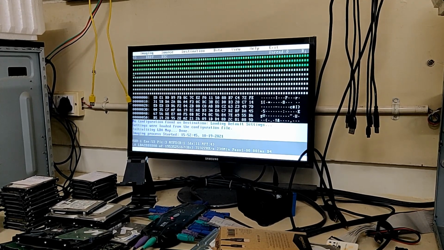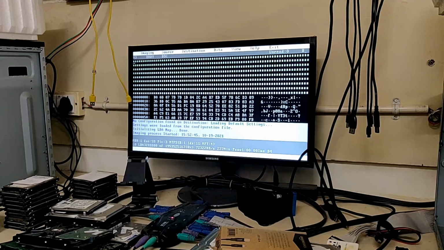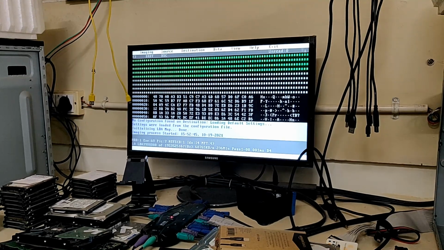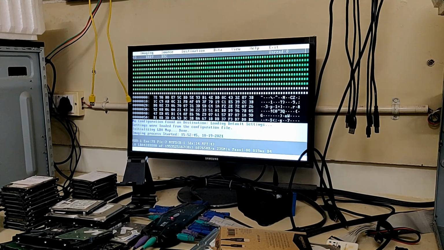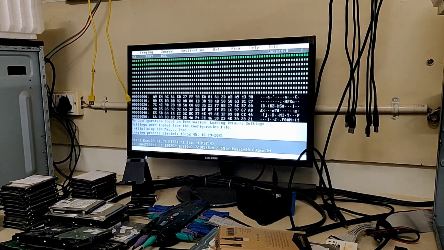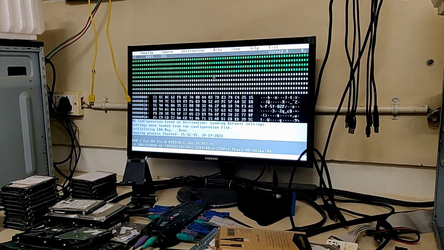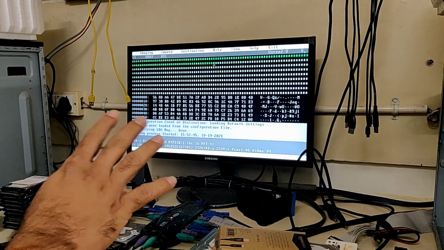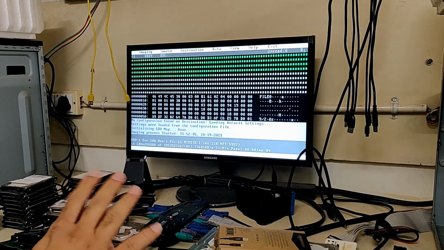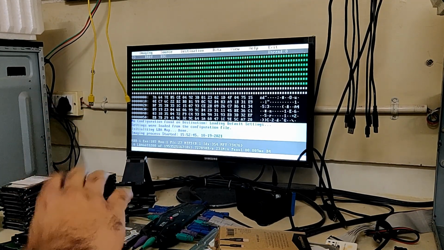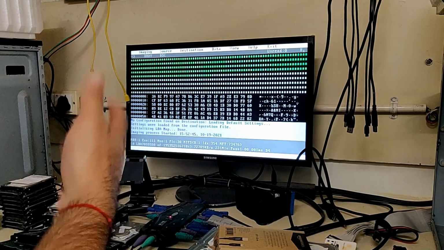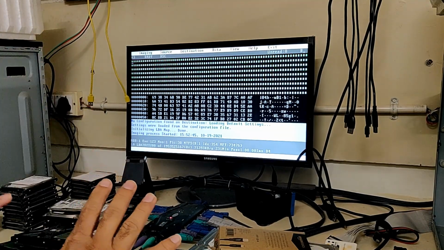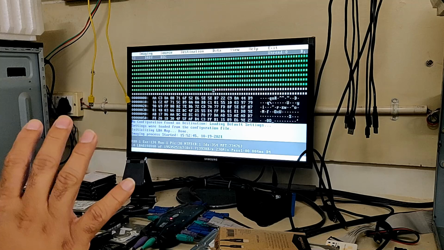So even if we are not able to create the head map, anyhow we didn't try creating the head map in this second system. So I would say that we let it continue and let us see what is the end result of this. There are 4 passes that we need to do. This is the easiest pass. In this pass we don't focus much on sectors which the tool is not being able to read. We'll focus on them later on, but right now we will only focus on those sectors which are easily read by the tool.